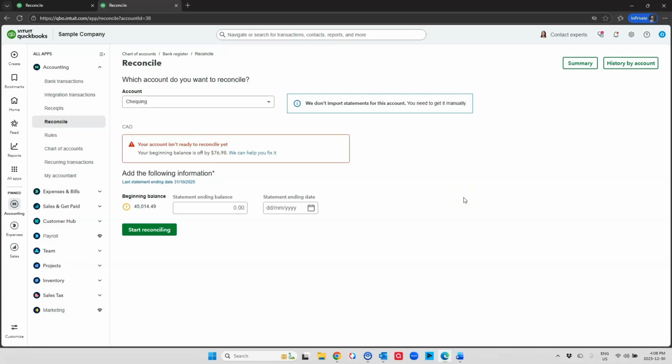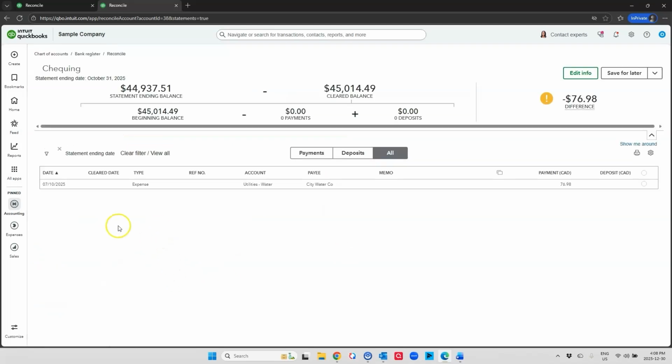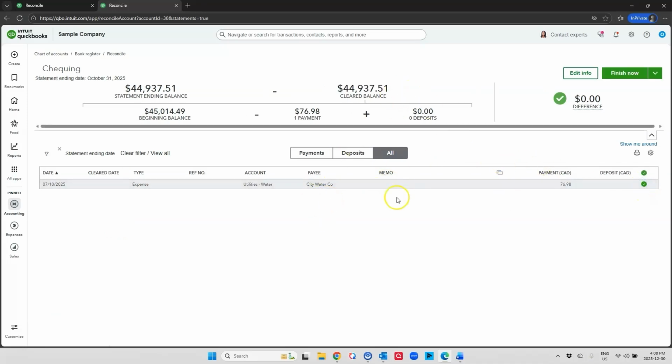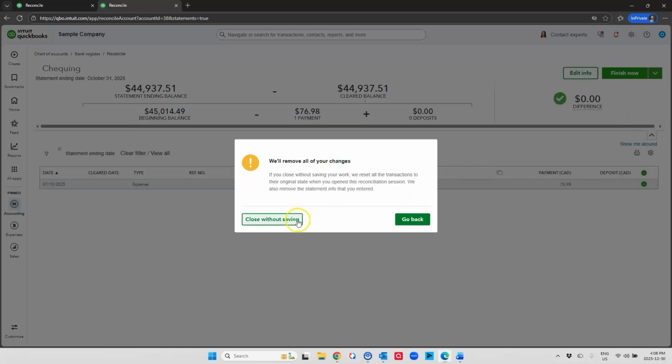I tend to go for sort of a cleaner option, which is to say, what was the last statement ending date on the 31st of October? In which case I pop in here, I look at my bank statement, I put in the closing balance on that date and start reconciling. Then when I pop in, you can see I've entered the check again, I can clear it and there's zero difference. But I also want to show you the other way to do this. So if we close without saving,